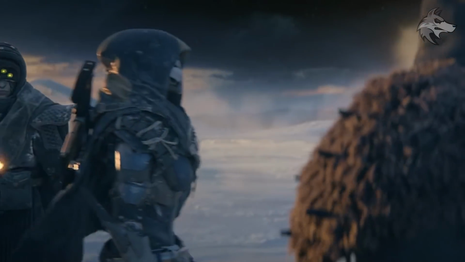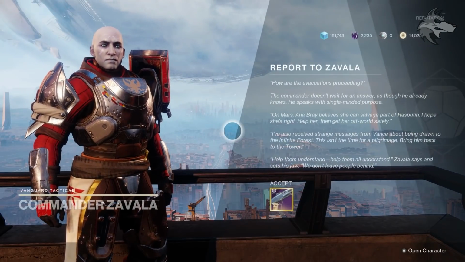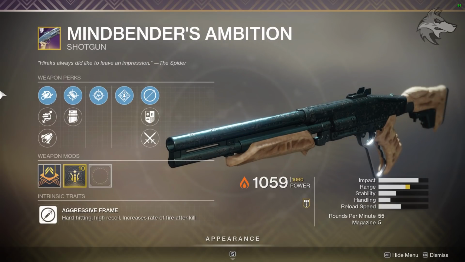But also, players have been pointing out that if you held on to the Mindbender during the evacuation quest from Zavala, the perks on it actually roll differently every single week in the game. So the original one had Pulse Monitor and Rampage. This one has Accurized Round, Snapshot and Rampage. And apparently every single week they're changing if you're still sitting on that weapon,